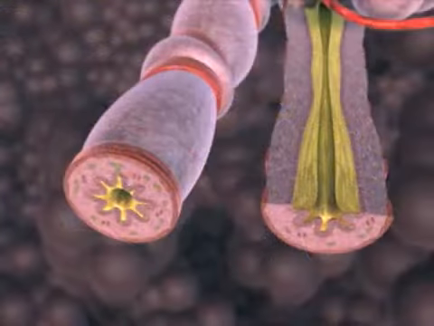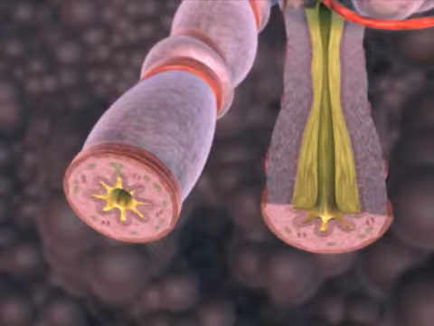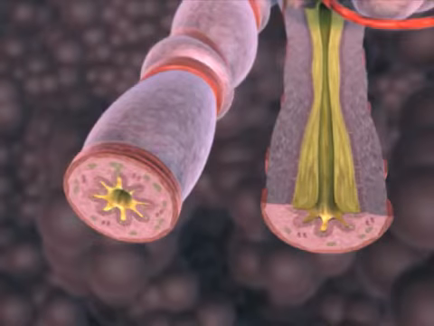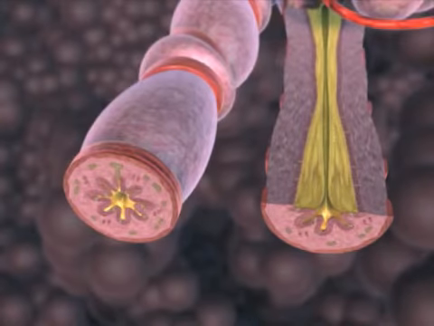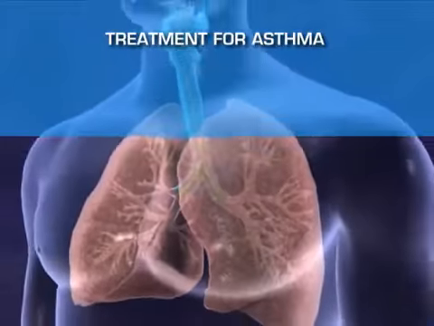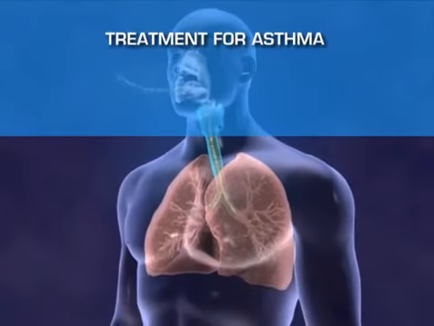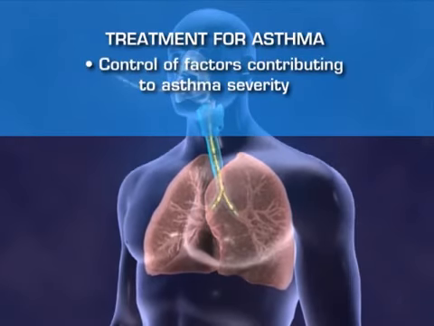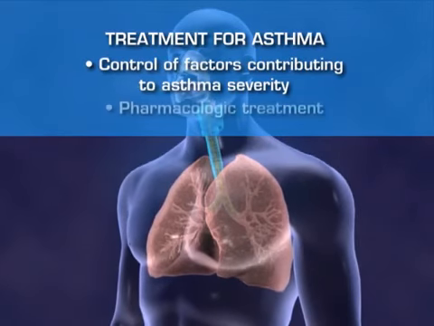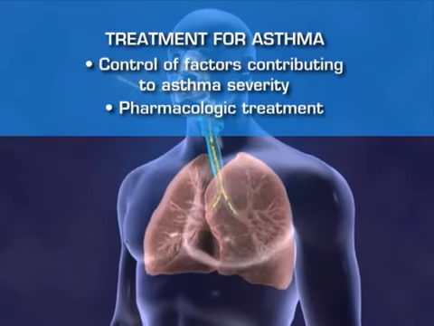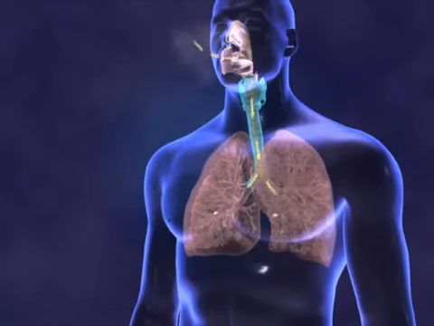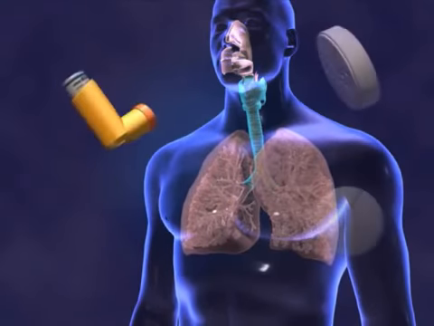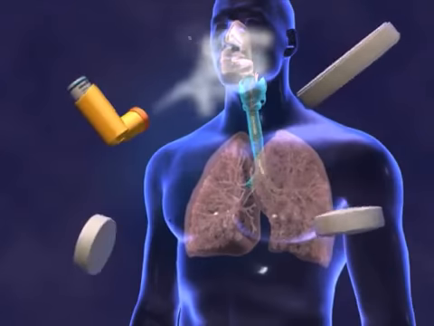This sequence prolongs the asthma attack and sets into motion a vicious cycle of exacerbations, including additional edema, epithelial injury, and impaired mucociliary function. Treatment for all asthma patients is approached in two ways: through control of factors contributing to asthma severity, and through pharmacologic treatment. If exposure to triggers can't be avoided, then pharmacologic treatment is usually needed. This can include corticosteroids,